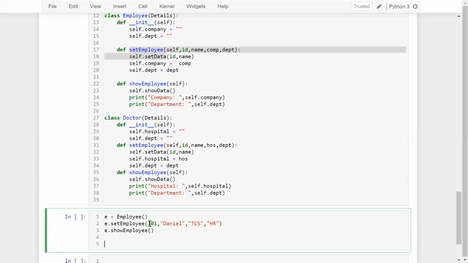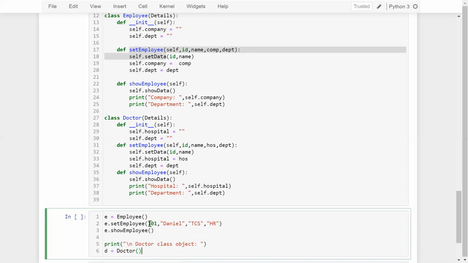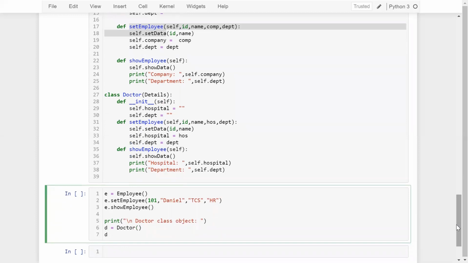After that, I'm going to create a doctor object. So print, let's say, doctor class object, D equal to doctor. Okay. So based on the doctor, once again, I can set my employee, D dot set employee.